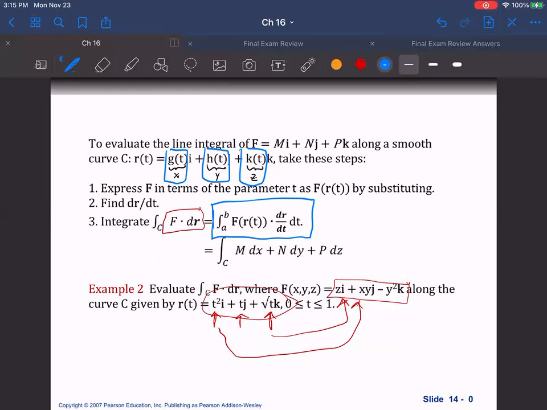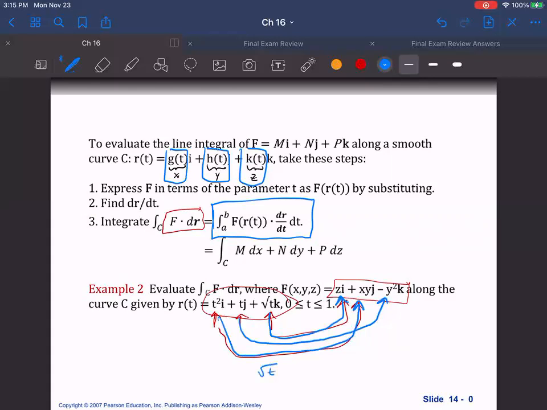You can see down here where it says evaluate F dot dr, and it's the same sort of thing. We're going to take this right here where we say t squared is x. So this would come right here and go in right there, and square root of t would go right there for z. And of course, then t would go right over here for negative y squared. So you'd end up with